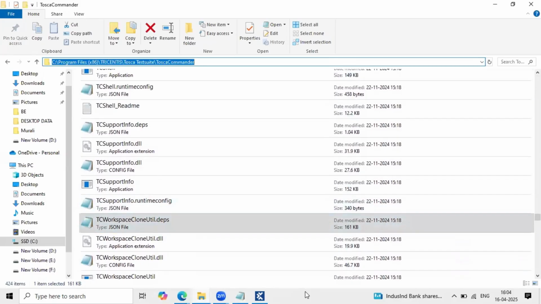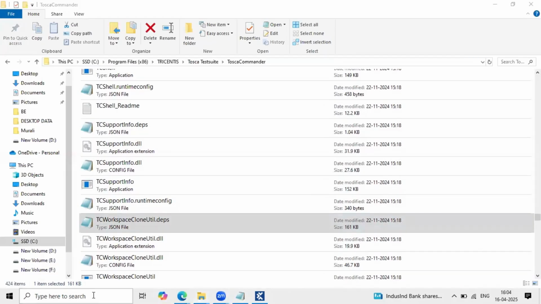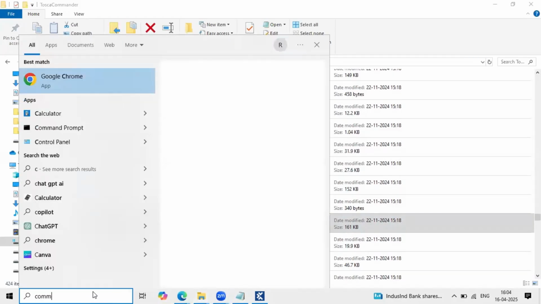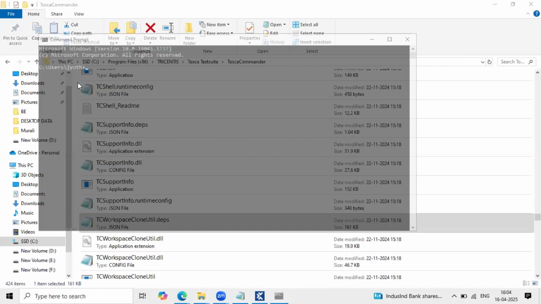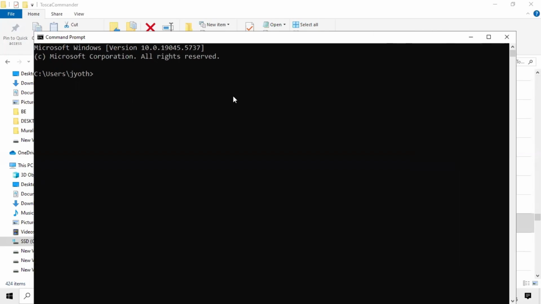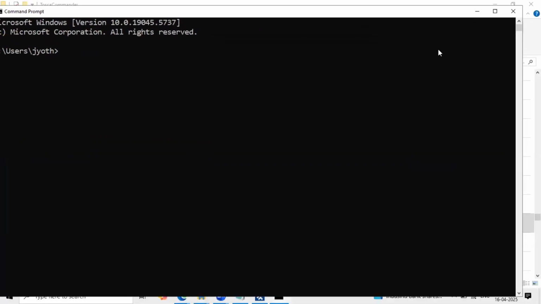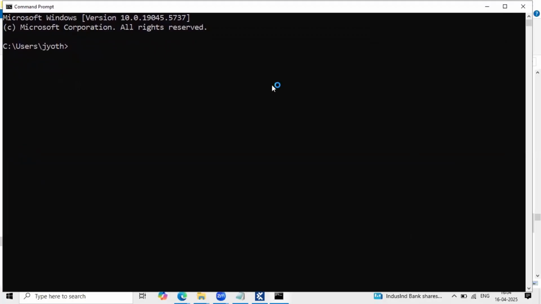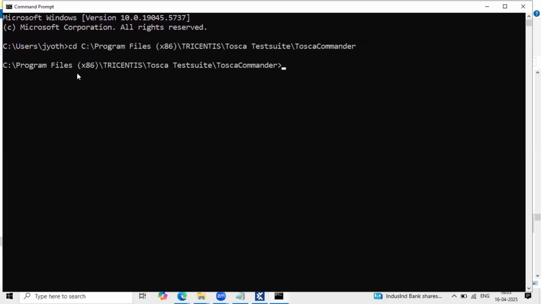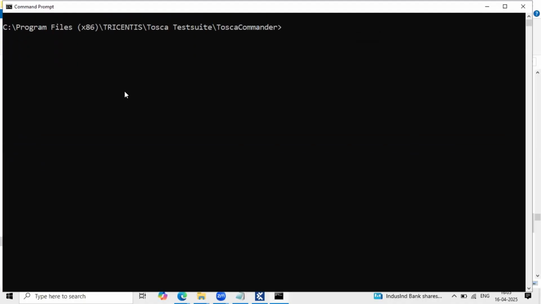Let me go back to the command prompt. Here, just change the directory. What directory are we in now? Change the directory using the cd command. Once you change the directory, now write a TC Shell command to clone one location to another location.